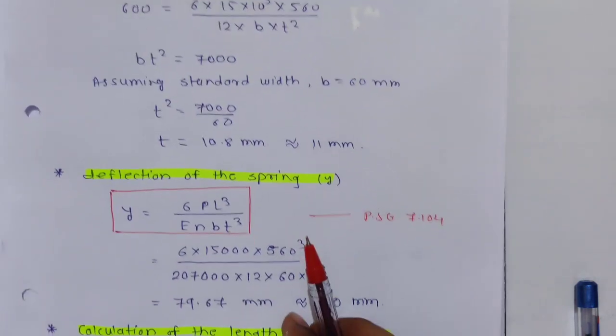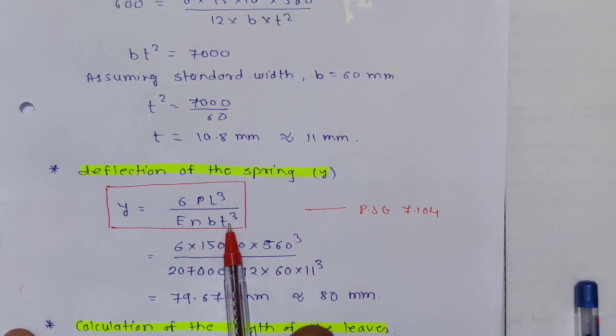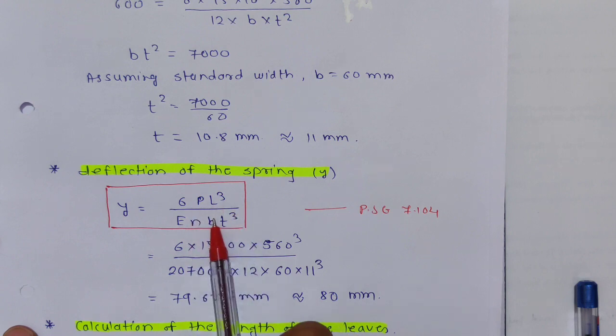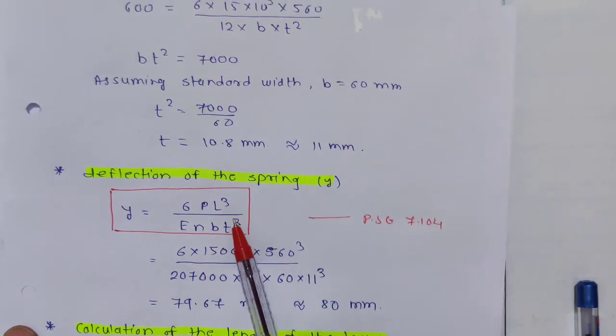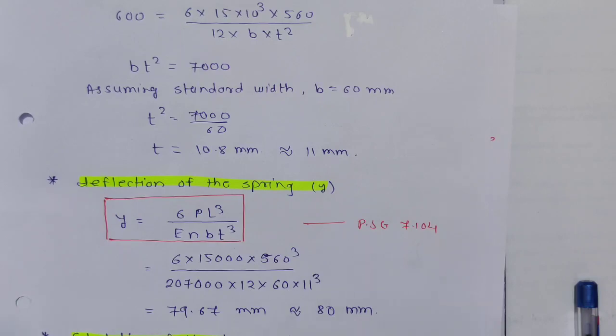Now next formula, that is deflection of the spring. y is equal to 6PL cube upon Enbt cube, given in PSG 7.104. Just put all the values: 6, P value, L value 560, E value 2 given, and 12, b value just we saw 60 mm, t value just we found out, 11. Then you will find y is equal to 79.67 mm, that is nothing but 80 mm. Alright, next